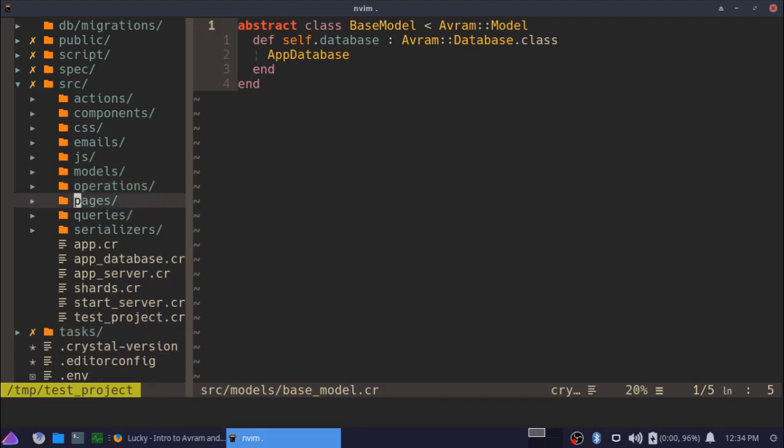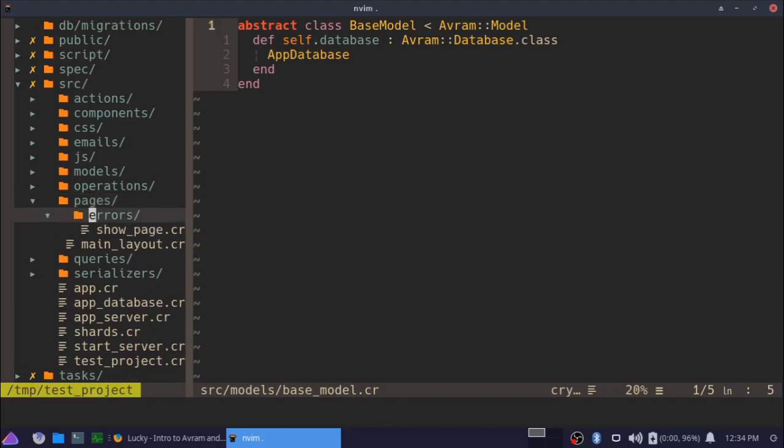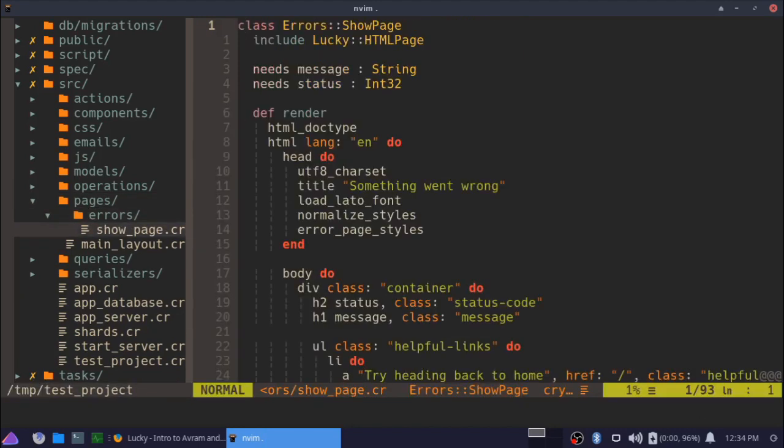Pages. This part is important. We don't have any default pages other than the error page, which is a show page, which, as you can see, is not inheriting from the main layout because they want it to be completely custom. So this is actually a good time to go into the structure of a Lucky page from the very bottom or top. However, I guess we're on the top here, so let's say top. So a Lucky HTML page,